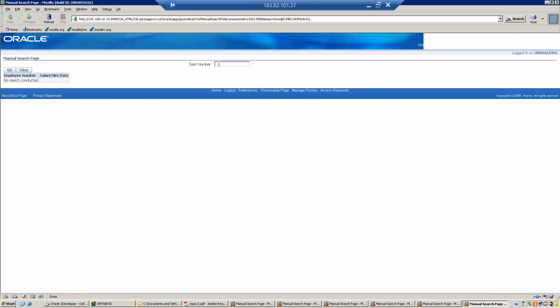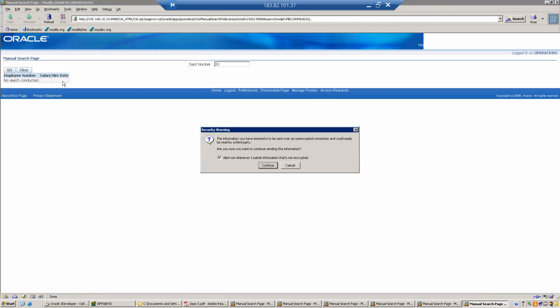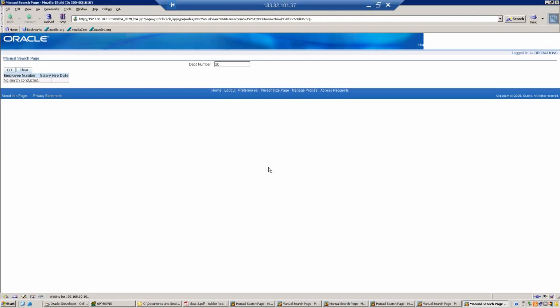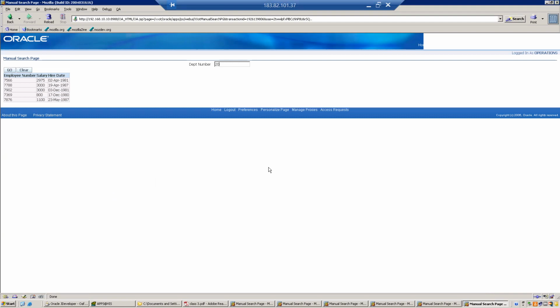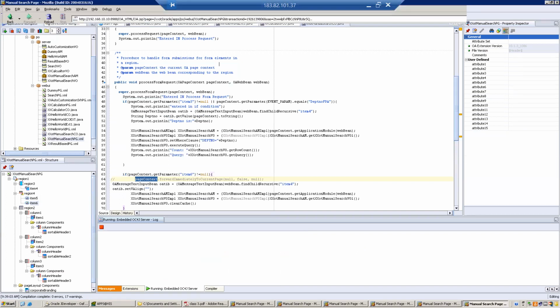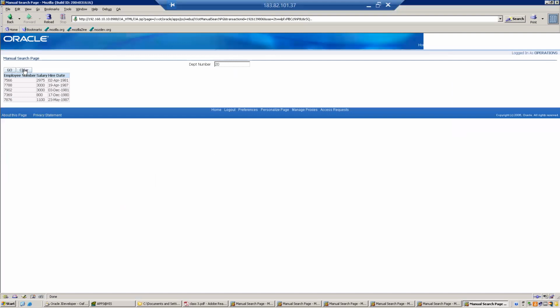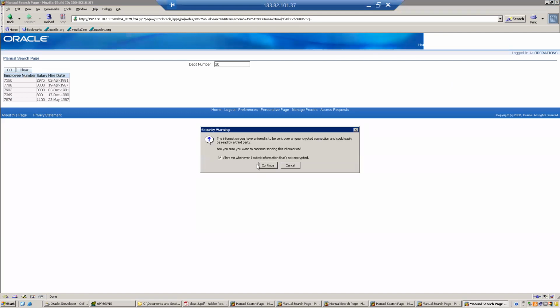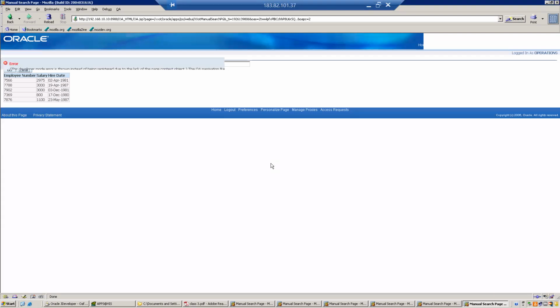Okay, now I am giving here 20. Click on go. Okay, now you got the data. See, now what I am doing, I am removing this clear log, going to clear the log. Now, once I click on the clear button, it should not go to the PR because we commented the forward URL and we are doing it manually. And what it is doing, we are doing